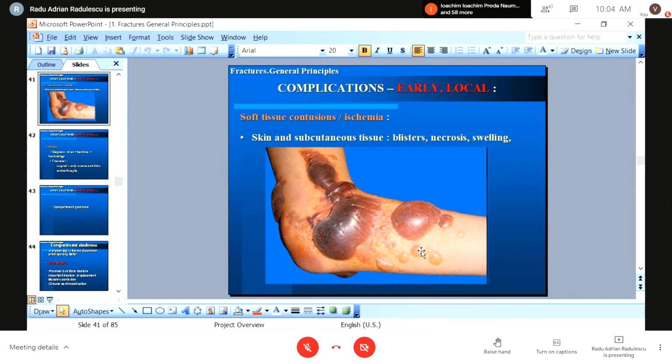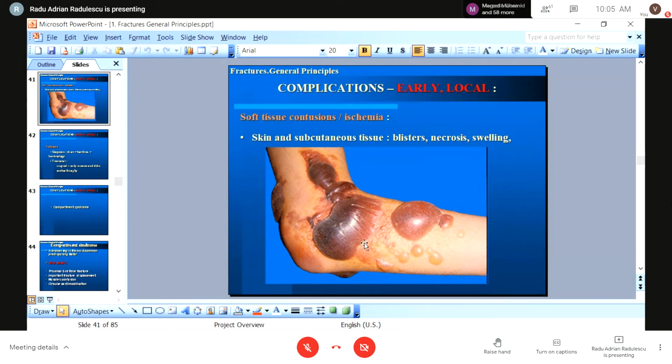They are not a very severe complication, but they are not wanted, let's say. We don't like this complication because they will not allow us to operate on the patient, especially if